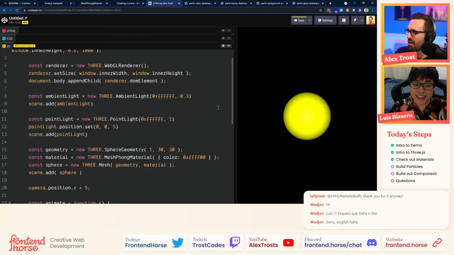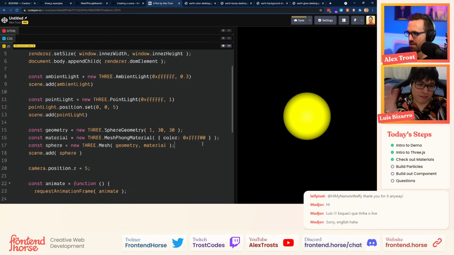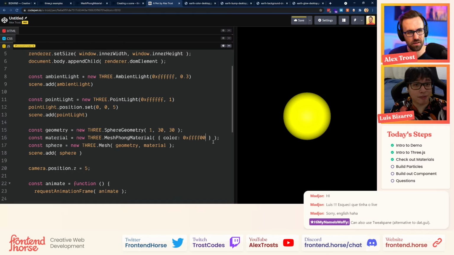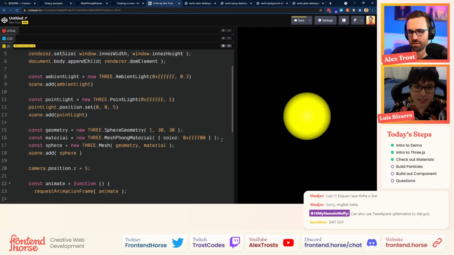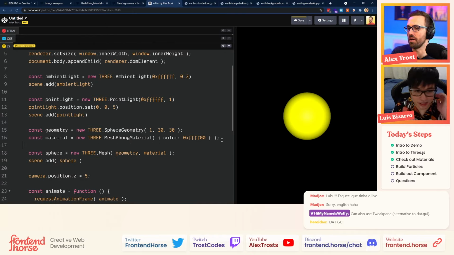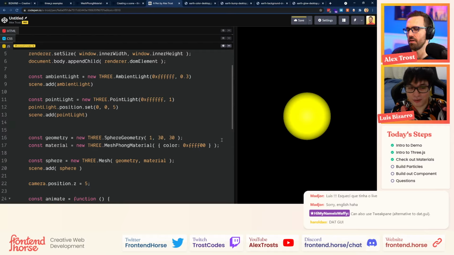Cool. And then let's start including the maps. Let's keep the lights this way. We can always change that later. We need to pass the map for that. And the map basically accepts a texture. So in that case, I'm also checking my tips here. Yeah, let's create a new texture, const mapTexture, outside of the, yeah. I think it needs to be before the material.